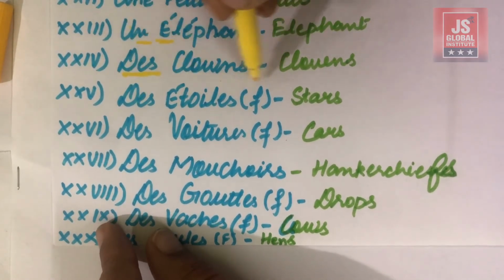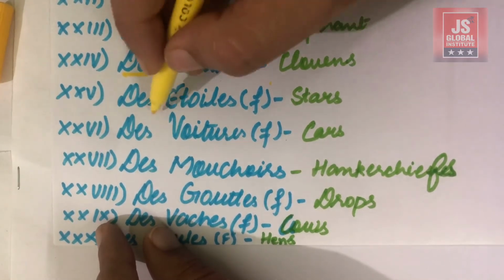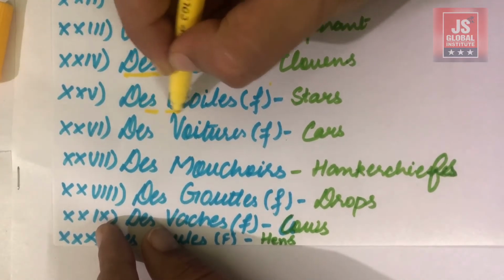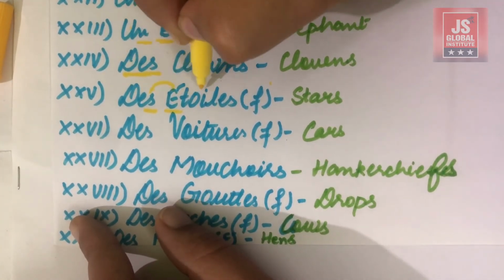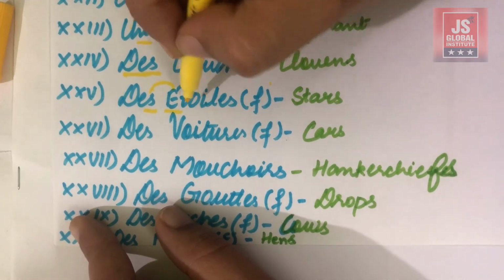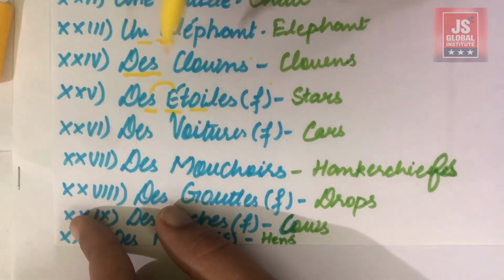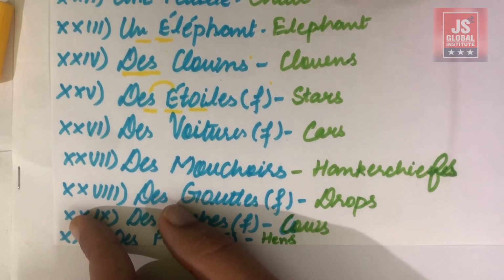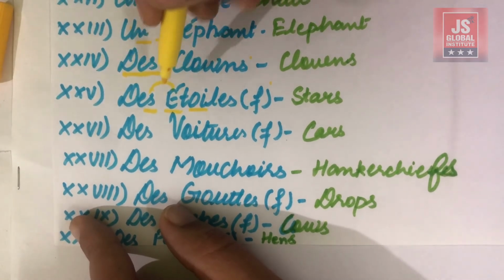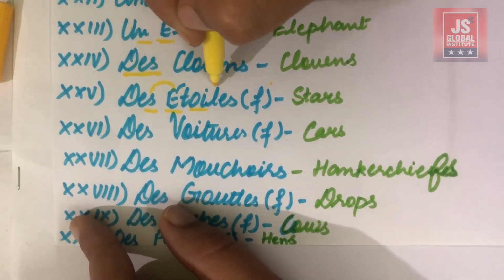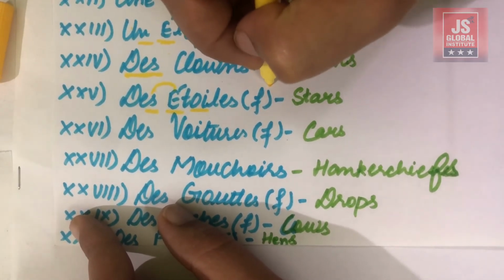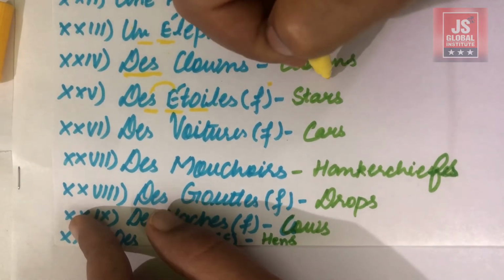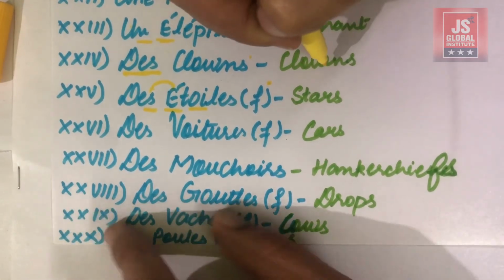Alright, des étoiles. So here too the same condition occurs, that this is S and this is É. So this sound basically gets connected and it becomes des étoiles. Right, so whenever in French this O and I comes together, you should remember that the sound comes like oua. Alright, so it becomes des étoiles. Alright, and they are feminine plural in nature. And what is des étoiles? They are stars.